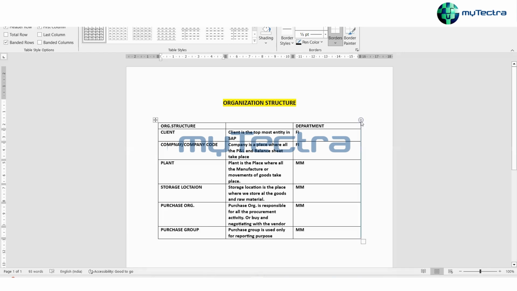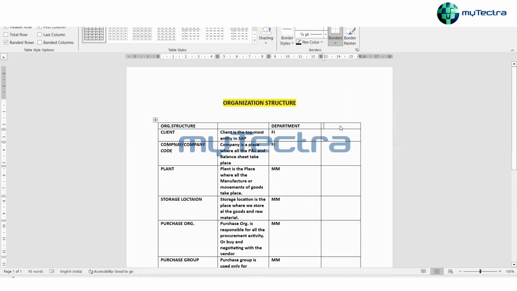Now one more thing I forgot to add: the T codes. For each and every transaction, we have a T code in SAP. For the client, it is SCC4. For company code, it is OX02. For plant, we have OX18.